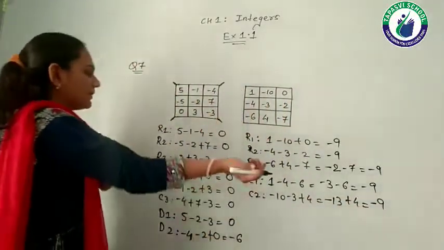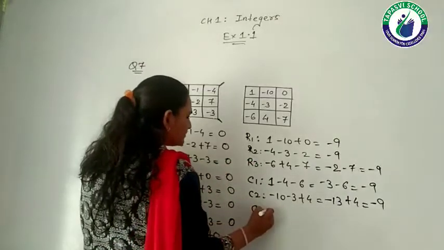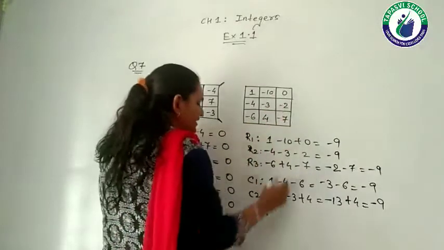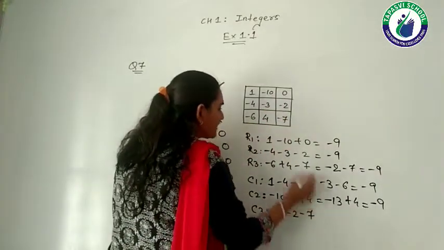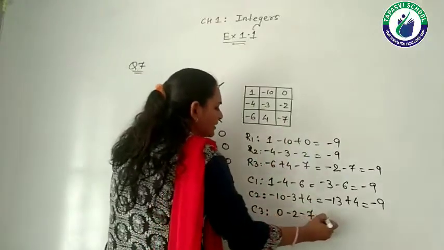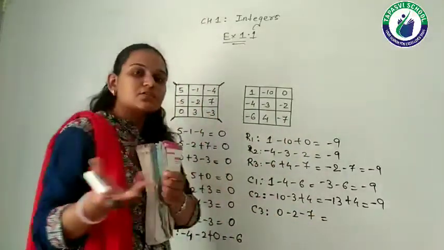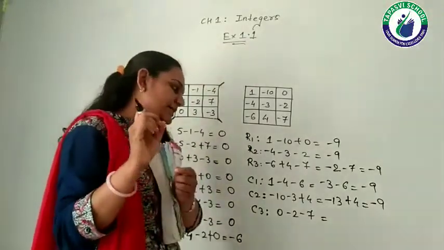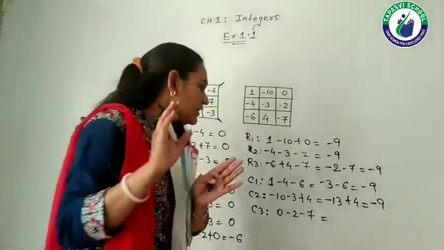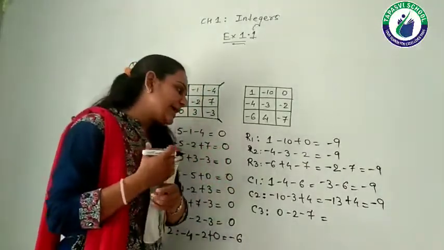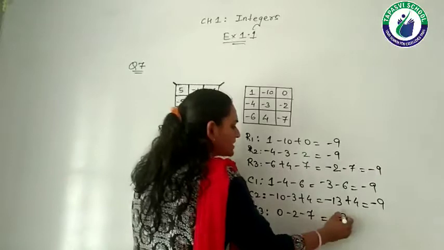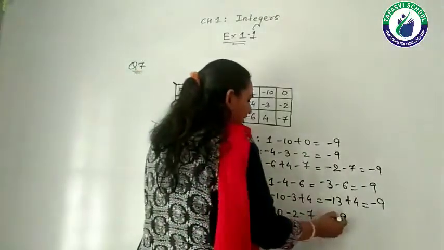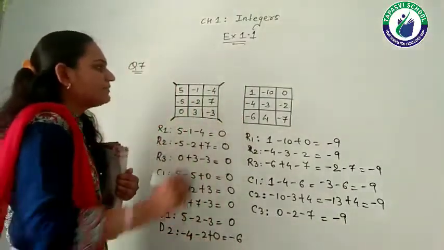Right? Now column number 3. 0, -2, -7. This is my column number 3. So 0 minus 2 is always -2 and -7 along with it. So -2 and -7, at the last we have to do that much only. So both are the negative numbers, so we'll be adding them. So 2 and 7 becomes 9 and I need to give the negative sign to the number. So -9. Now I am remaining with the diagonals.